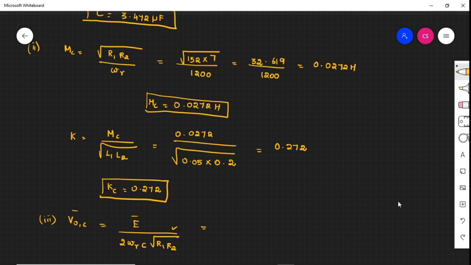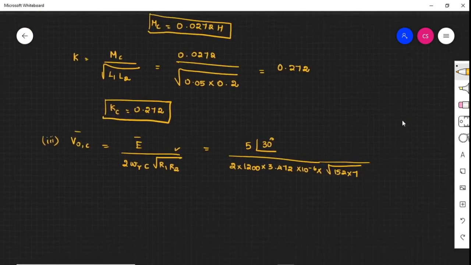The input voltage given to us is 5 angle 30 degree, omega R is 1200, the capacitance value we found to be 3.472 into 10 to the power of minus 6, and root of R1 into R2 is root of 152 into 7. On substituting all these values, we get 5 angle 30 degree divided by